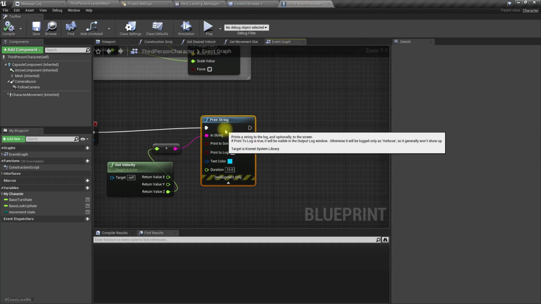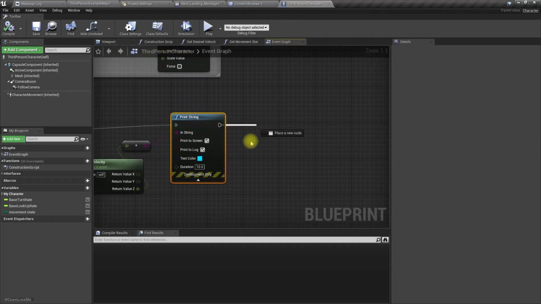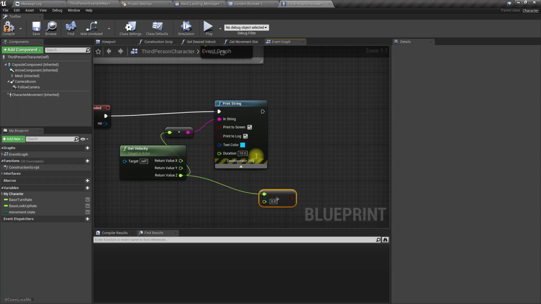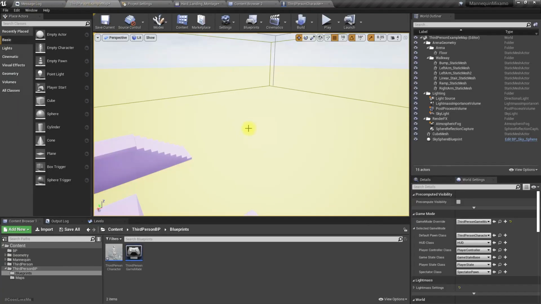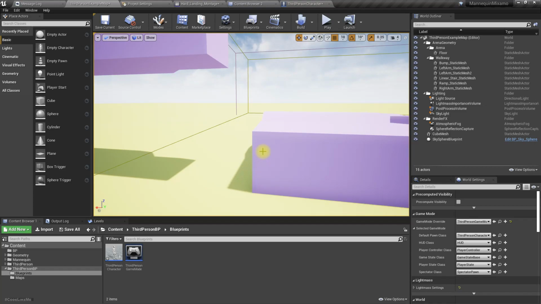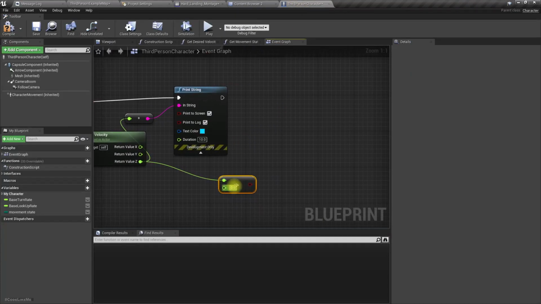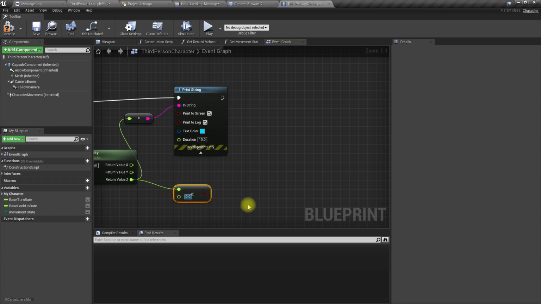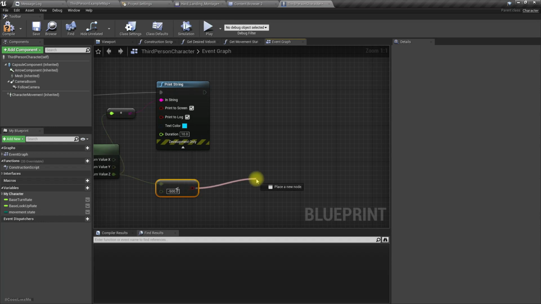in the onLanded event, if this value is larger than, let's say, as I remember when I jumped down from here I got like minus 563. So not larger, it should be smaller. That means the velocity is downwards. Minus 500. Then